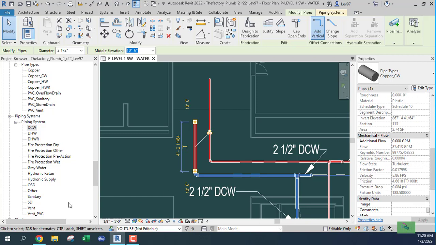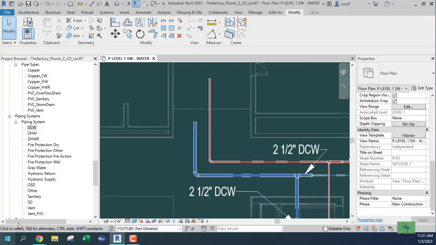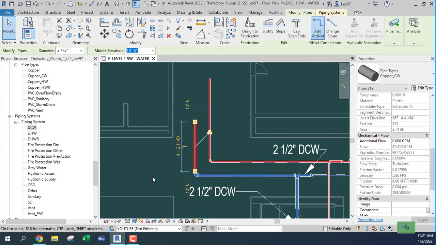And according to the Hunter curves, you can look on your list, and for fixture units 188, 190, for flush valves, you get 87 GPM, which is close to or exactly, I can see that Revit is following Hunter curves when it comes to the cold water at this level,